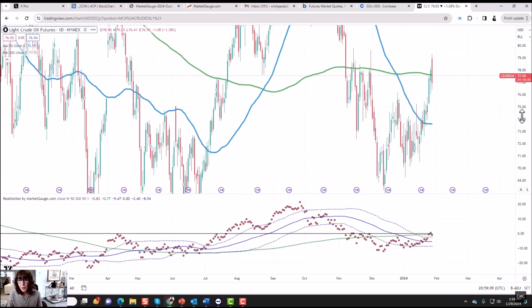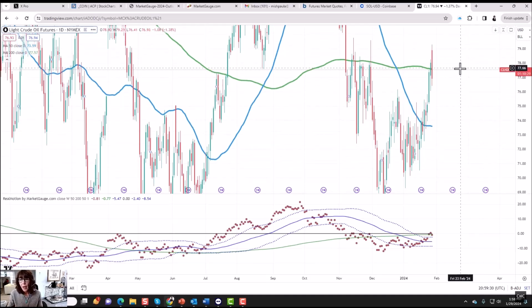So if we come in tomorrow, let's take a look at these levels right here. I would say 76 to 76.15 is your support. Want to see that hold. That doesn't mean it would be the end of days if it doesn't, but that would be my initial area to be looking at tomorrow. We hold there. Obviously, the next point would be any kind of a move and hold over the 77.58,